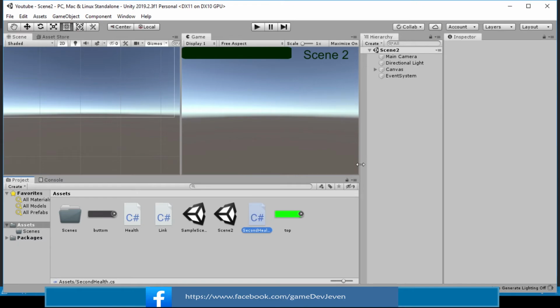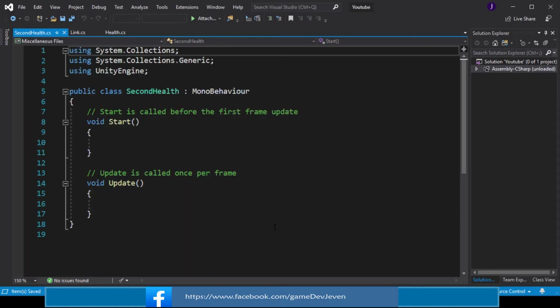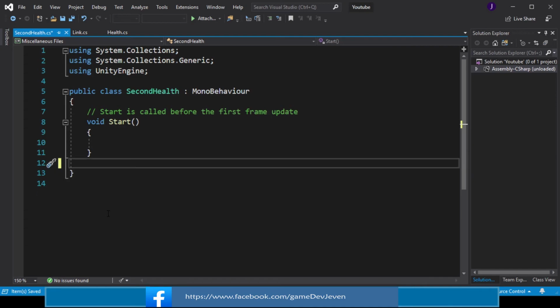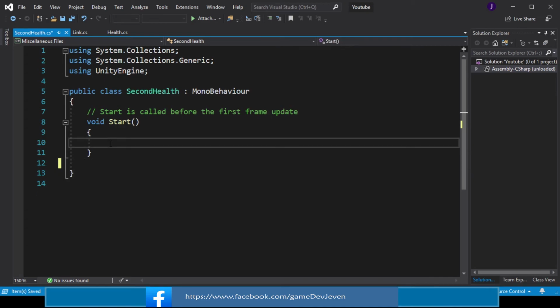Right, so double click this now to open it up in Visual Studio, or just right click and select open. Alright, so inside of this scene now, what we need is a variable, or let's say a coroutine. So we just delay for a few seconds and then roughly, let's say, have our health. So for the start, coroutine,